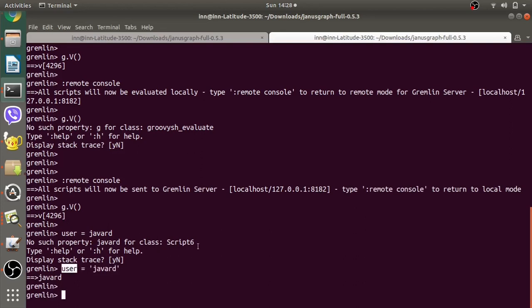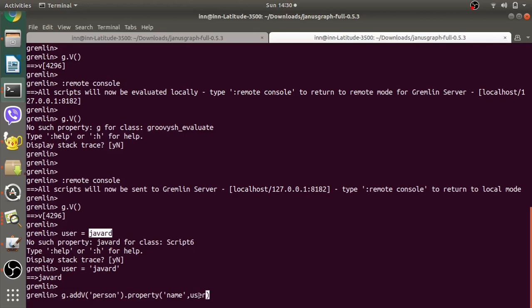Now let's try to create a vertex using a property user whose value is Javard. To do so, let's use the following command, that is g.addV. We are adding a person. The name of the column is name and the value that we need to use is user, which in turn constitutes the value Javard.